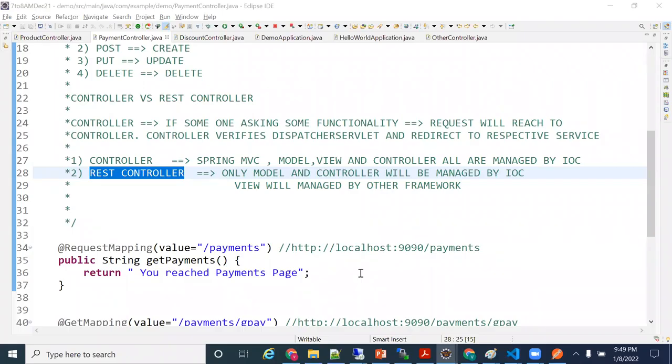Okay, Ram, the main difference is the view. For a controller, the view should be managed by the framework. For REST, it's up to you whether it's a string or JSON, mostly JSON. Ram, there is one more point here. It's managed by JSON. Why JSON? First of all, why do we need to have a string or JSON or some kind of these things? The intention is,